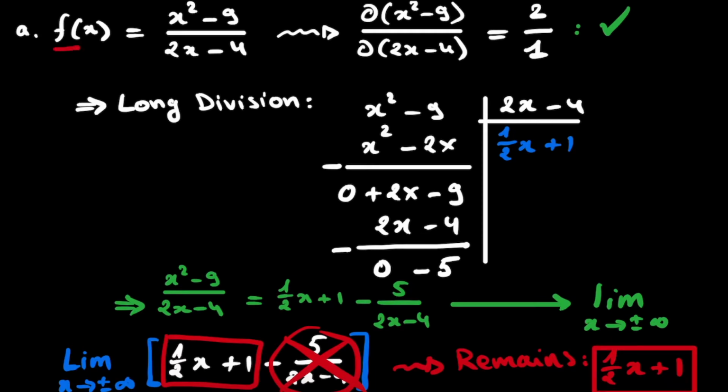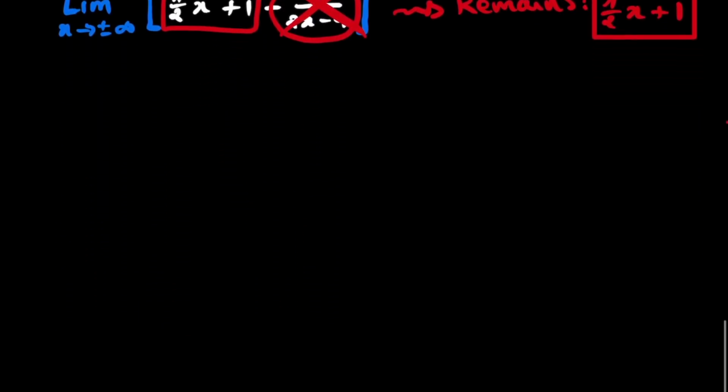Because what we see here is that our original function, f of x, could be written through a long division as this green function right here. And we see that in the limit of a very large positive or negative x, this function reduces to a linear function. And then this linear function will approximate our original function when x becomes very large or very small, the exact definition of an asymptote. And with this first example done, let's now go to the second exercise, where we have